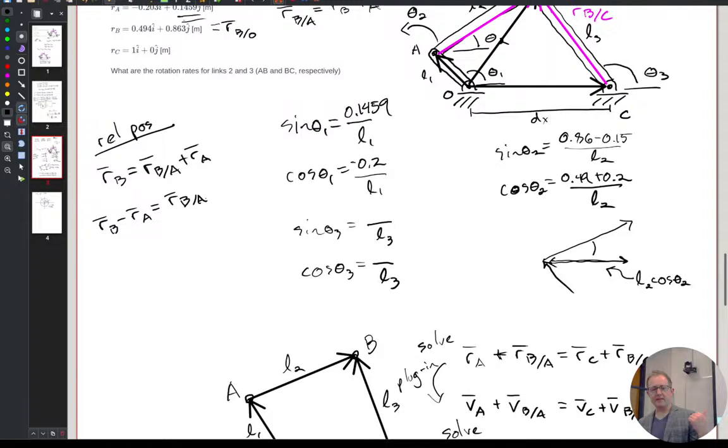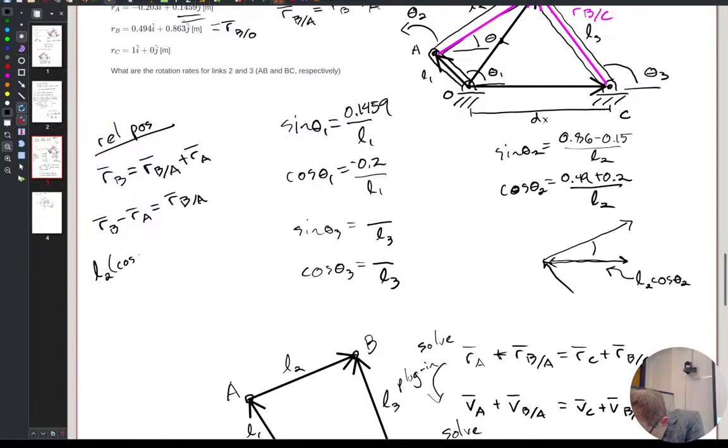So I'm saying if I take position of B minus position A, that's the relative position of B to A, of each other. So this is saying B with respect to A is the position B minus position A, where this one is